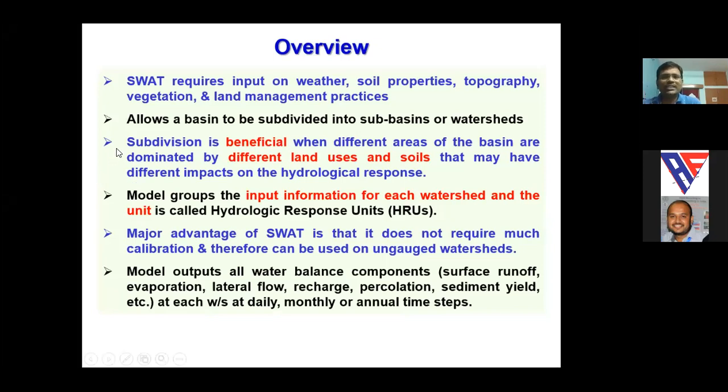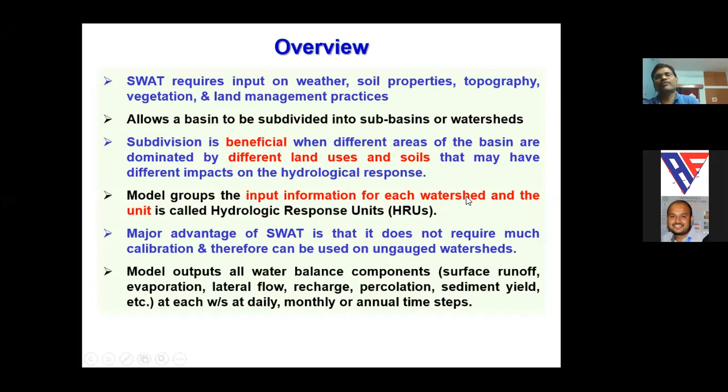This subdivision is beneficial when different areas of the basin are dominated by different land use and land cover and soil types. So this is very important. And what the SWAT model does is group the input information for each watershed.